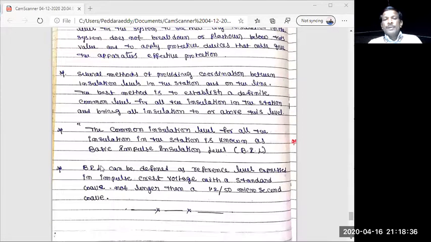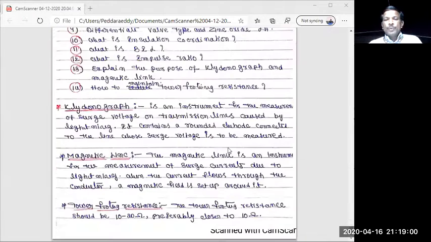So the definition for BIL, basic impulse insulation level: the common insulation level for all the insulation in the station is known as basic impulse insulation level. So we fix the common insulation level for all the insulation in the station, which is known as basic impulse insulation level. And coming to two important definitions,